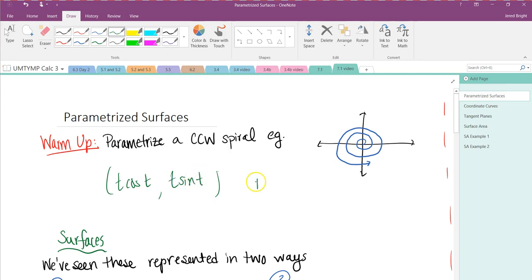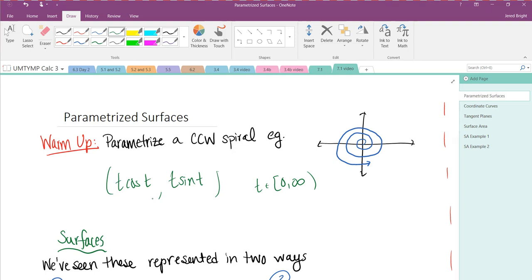And then we have to specify that t here is from 0 to infinity. Okay, so again, your parameterization could certainly work, but you probably need some form of cosine and sine in there